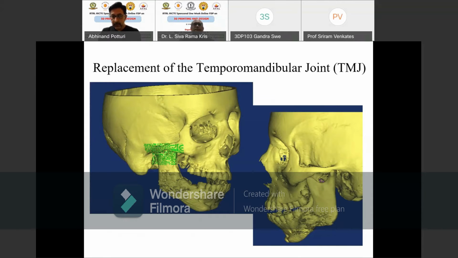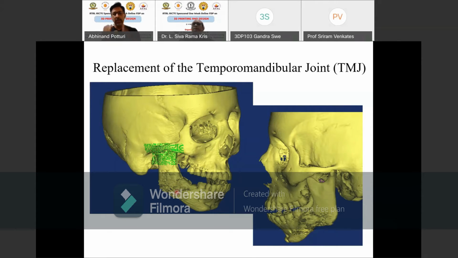This is another thing where probably previously Reddy sir would have covered, I don't know, I didn't attend the lecture, knee replacement surgeries, total knee joint replacement surgeries and all, because he's an orthopedic surgeon. I presume that he would have spoken about those things to you. Now, if you see this one, this is a lower jaw, and the lower jaw has got a joint here where you can open and close. That is where all the movement of your lower jaw happens. Like your knee joint, like your shoulder joint, this is also the same. It's a joint, but a smaller size.